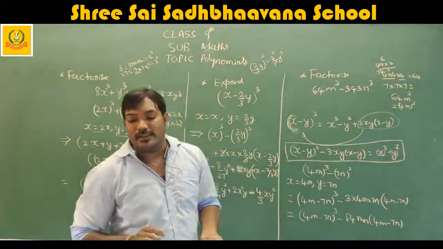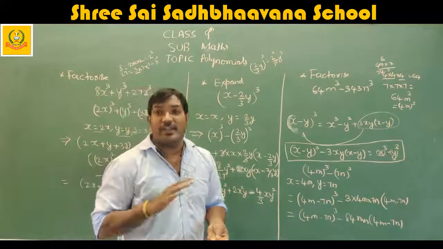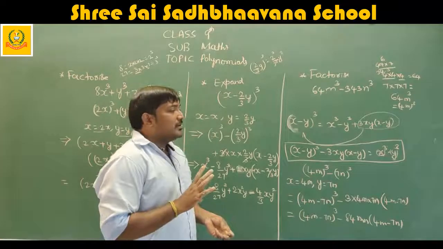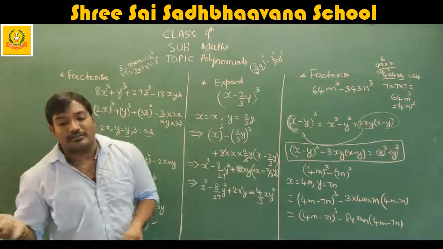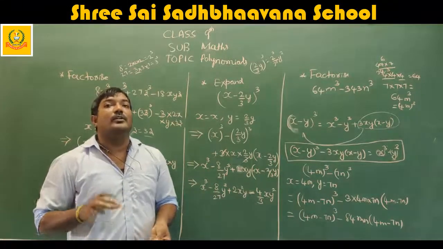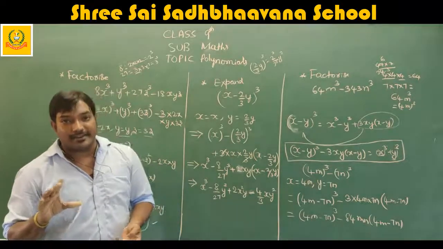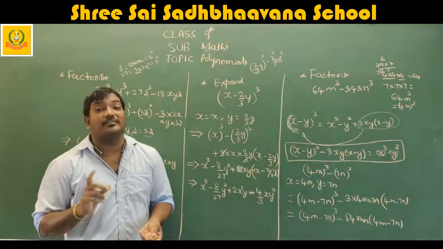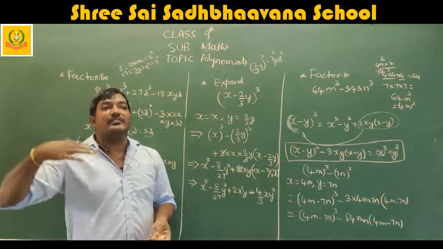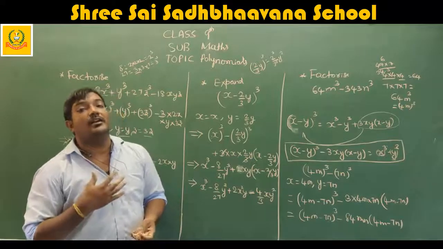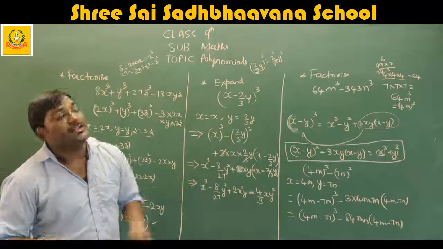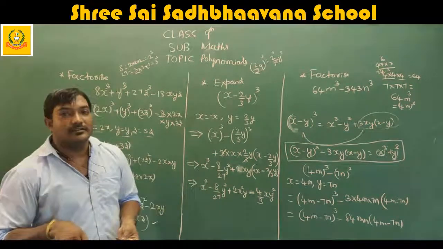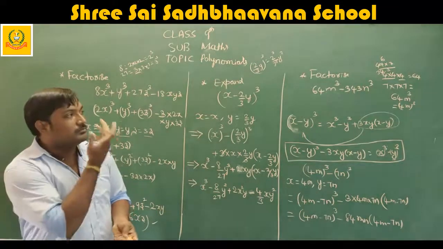Remember, the thing you have to understand is wherever you get the identities. As I told in the last classes also, the same thing I am repeating now. Whenever you get factorize sums or expand sums, you must remember the polynomials clearly, especially the identities. For example, if you have 10 identities, you have to learn all the 10 identities. Then only you can solve those kinds of sums. Because if you don't know which identity to use, there is no point in